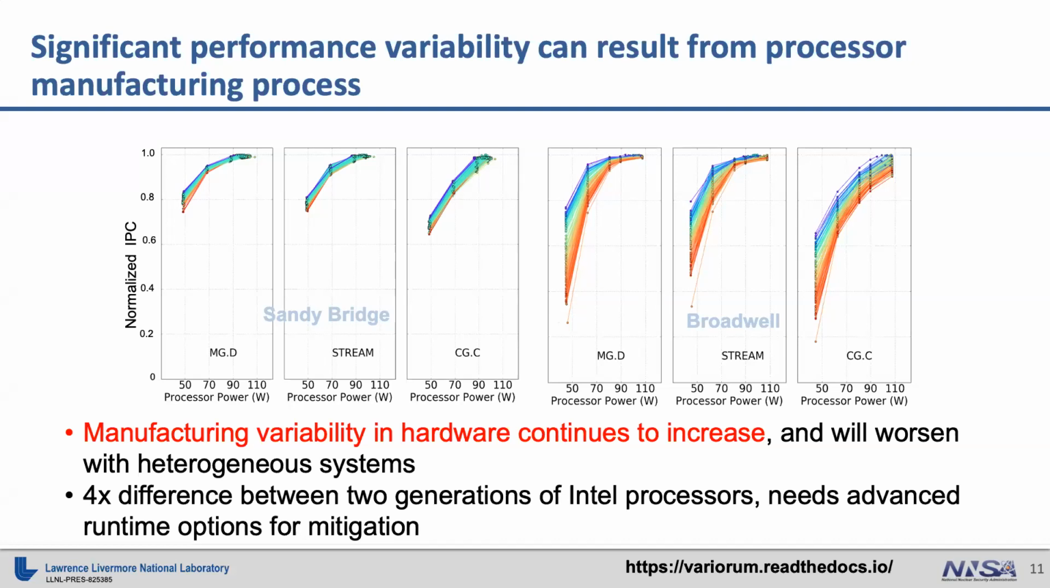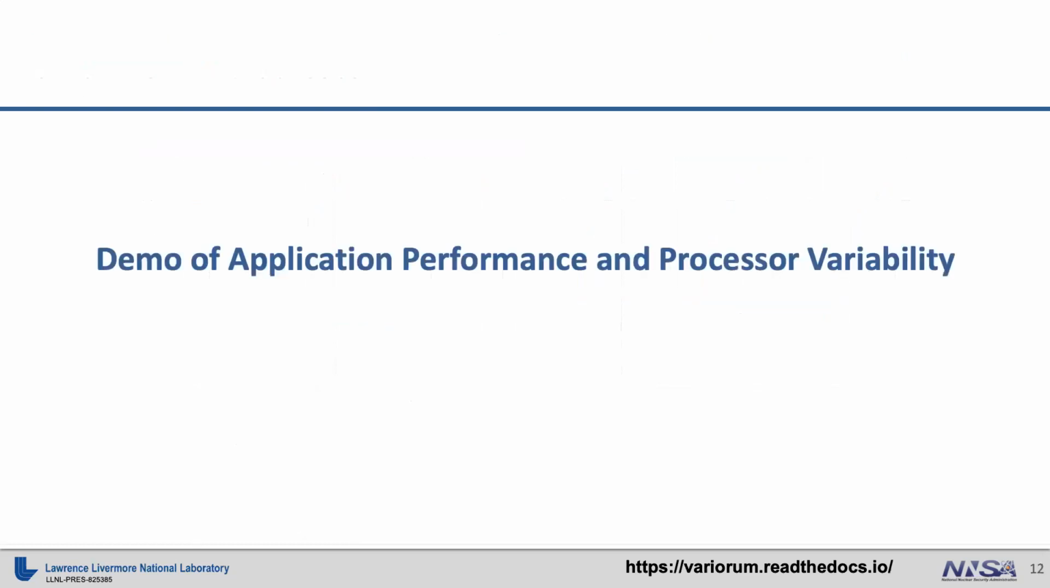issue. All of our vendors have confirmed that manufacturing variability exists in hardware, and it continues to increase as we pack more cores and GPUs onto the same node. And there can even be a 4x difference in performance between processors at some points in time, depending on the application that we are looking at. So with that,